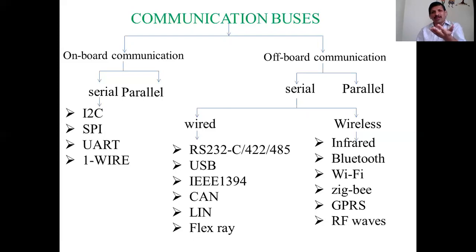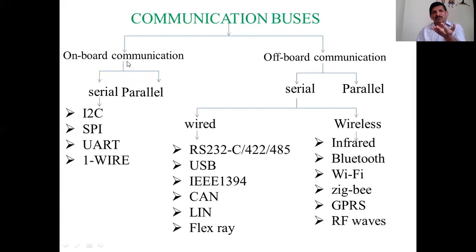So within the board, if we are communicating, transmitting the data from memory to processor within the printed circuit board, or processor to some additional peripherals like analog to digital converter, DMA, or real-time clock, that we call onboard communication. Onboard means on the board, we are providing the communication in between the peripherals. That may be processor, memory, IO ports, or additional peripherals. That is called onboard communication.